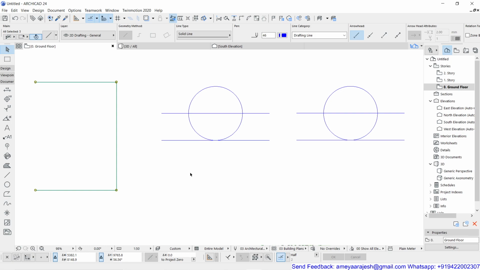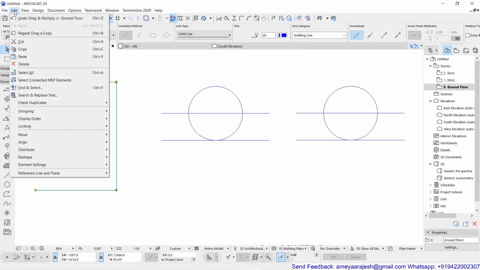Okay, so now what is the next part I want to explain? How can I remove the group features? For example, these three line segments. If I want to cancel the group feature from them permanently, how can I do that? To do that, after selecting those objects, go back to the Edit pull-down menu, and there if you go into Grouping as your subcategory, here you can see there's an option known as Ungroup.